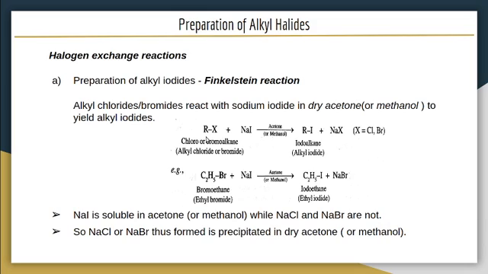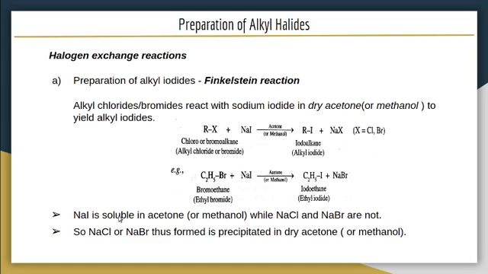So in this reaction an alkyl chloride or bromide, generally represented as RX, is treated with sodium iodide in dry acetone or methanol, which acts as a solvent. We will get alkyl iodide plus sodium bromide or chloride. Here is the example: bromoethane on treating with sodium iodide in acetone or methanol gives iodoethane, or ethyl iodide, plus sodium bromide. Here an exchange of halogen occurs, that means bromine is exchanged with iodine,